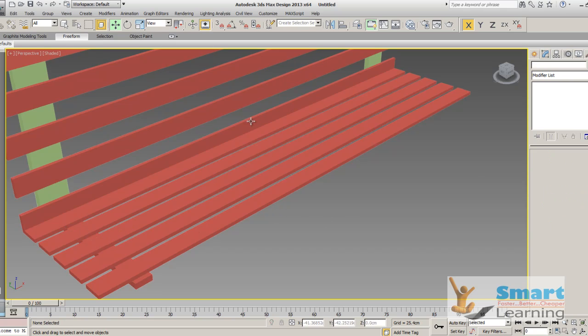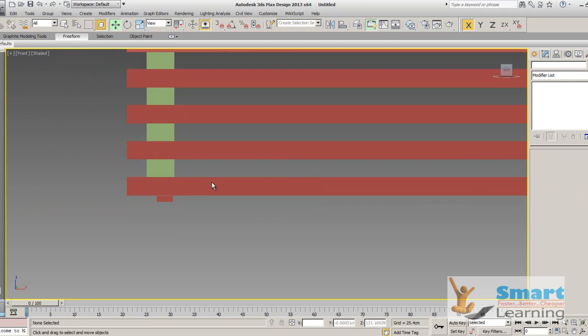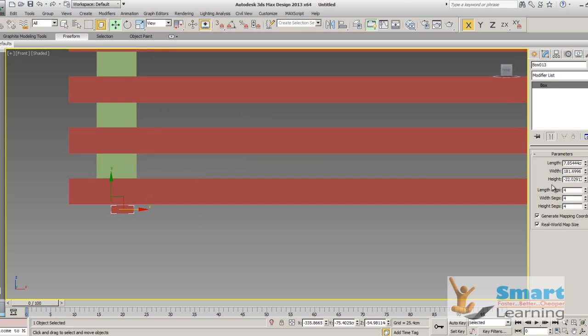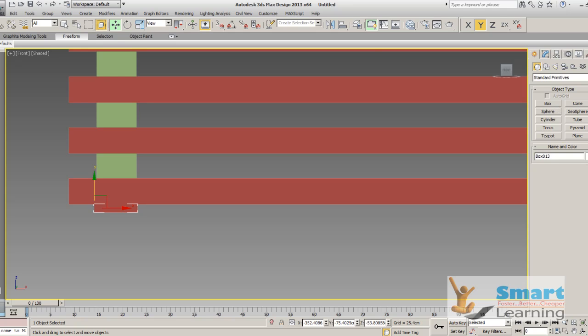I'll go to the front view and position it correctly. The thickness required is little bit more, and exactly I will position this below this and little bit I will move up so that this matches, and I will apply the colors,